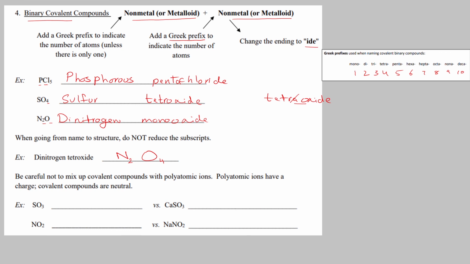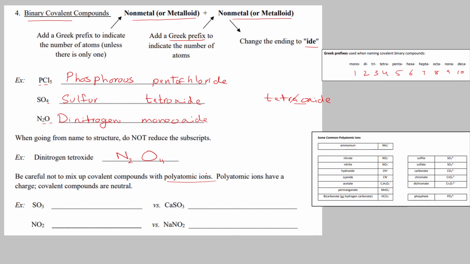You also have to be careful not to mix the covalent compounds with polyatomic ions. Polyatomic ions have charges and covalent compounds are neutral. For example, SO3 is a covalent compound. When you look at the list of the polyatomic ions, you also have SO3. But this SO3 has a -2 charge and it is a polyatomic ion, whereas this SO3 here is a neutral compound. So when you're giving a name for this, it will be sulfur